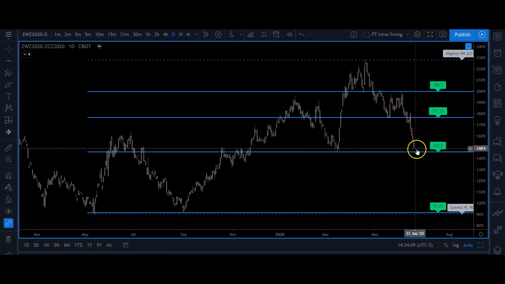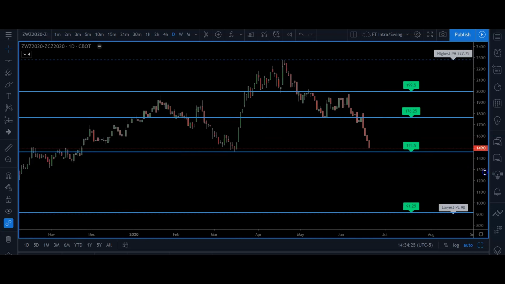Now, this area was a good support which once was a resistance. It broke out, bounced off, it wasn't as strong, support came back through, and it became a support again. It was resistance a couple of times, and then it's been support once, possibly twice. This is where I want to keep my eye open.